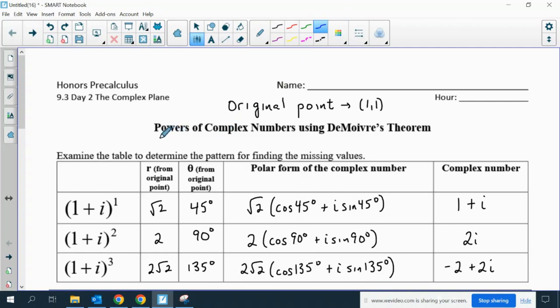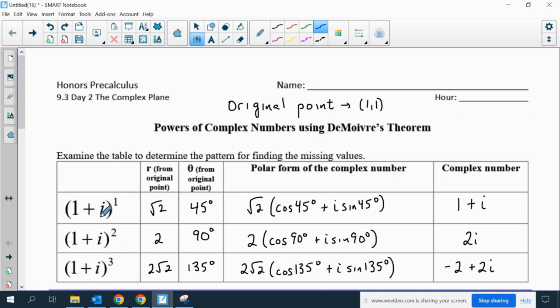Today we're going to talk about powers of complex numbers using a new theorem called De Moivre's theorem. Powers of complex numbers are like taking a complex number to the first, second, or third power, or perhaps to a fractional power, like taking a cube root or a fourth root. So in order to do this, what we would do is